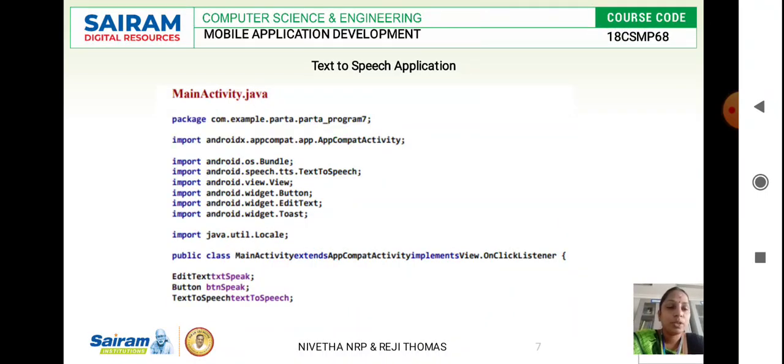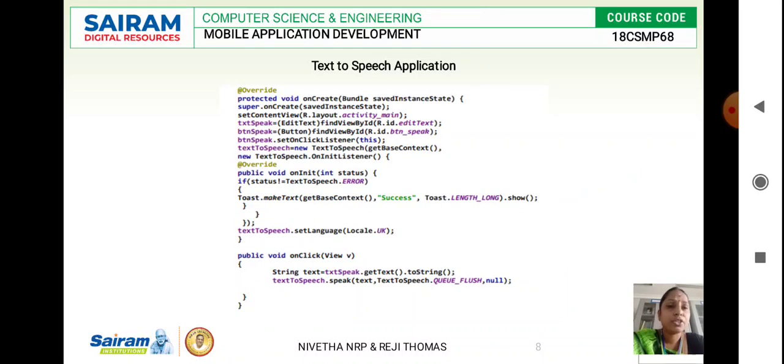Okay, and then we go to the main activity. In main activity, we import the packages in Java. Then we define the class and the activity you are going to perform. When you click on the button, we initiate an on click listener, which either edits the text or directly takes that as an input. And next is how it converts the text to speech. So the override describes the function that is carried out.